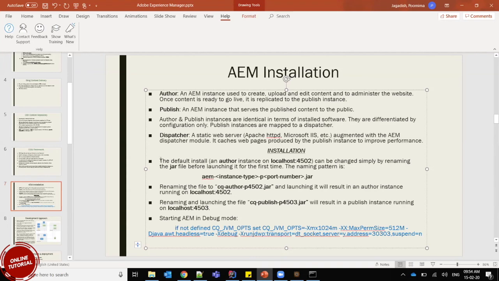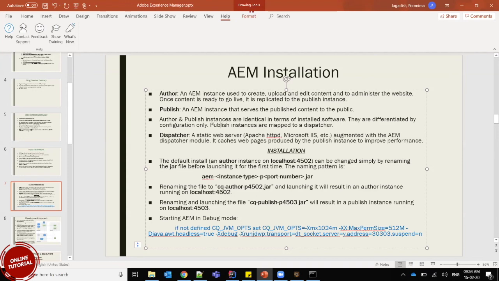So you have two items in between your user browser and your publish instance. The first level is your load balancer. Once the user makes the request, it comes into the load balancer, and the load balancer will handle the traffic and navigate it to different